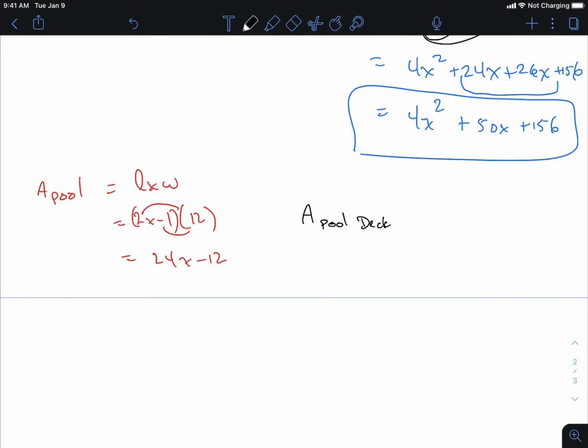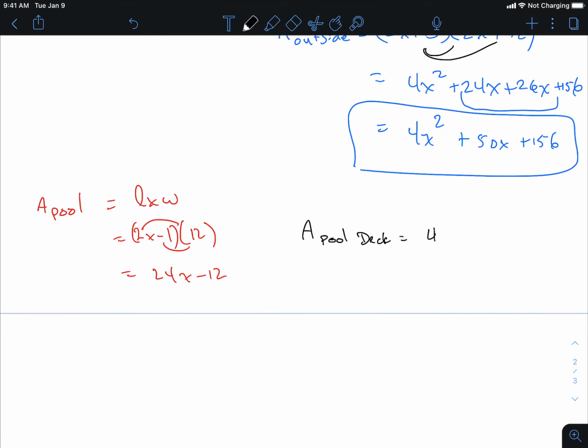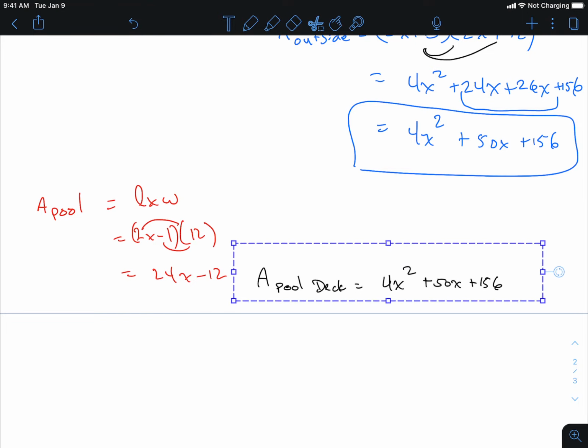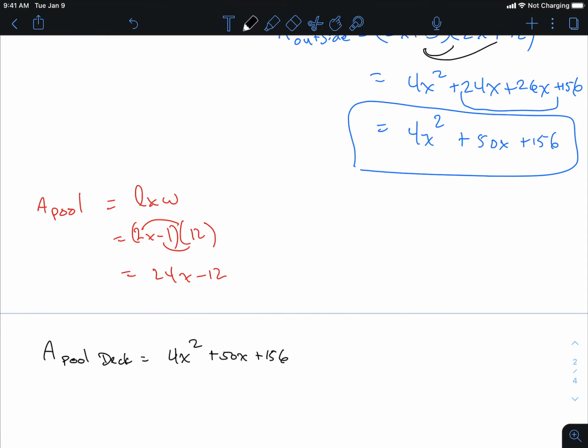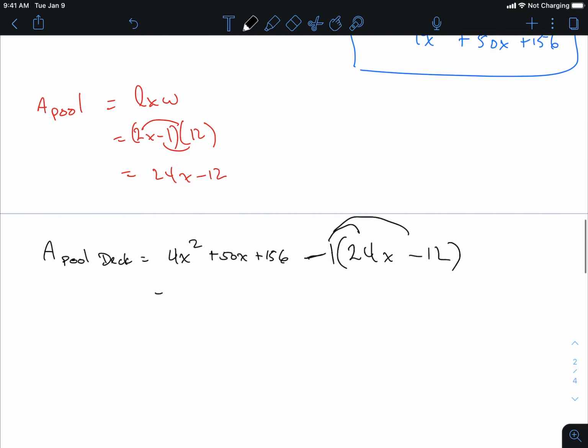It's the pool deck, right? Is going to equal 4x squared, the blue piece, plus 50x, plus 156. I'm going to move this over, sorry, I don't have much room. I'll do it down here. I wasn't really conservative with space. Okay, that's the blue piece. Then you're subtracting the red piece, 24x minus 12. Now, I would put that in brackets for a reason I'll show you in a second. Because it's minus and you have a negative sign over here, you have to do minus a negative. So what did I say to get rid of the brackets? Always expand into it. So your next line here